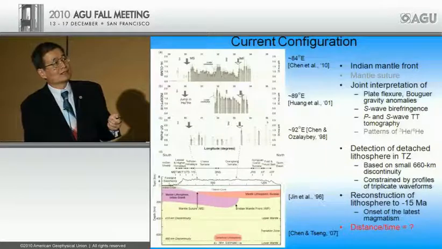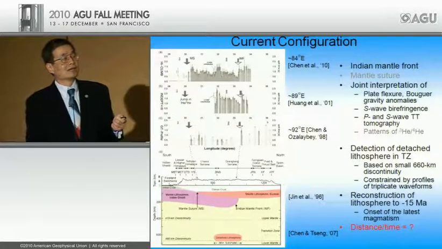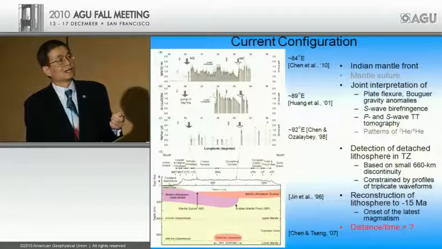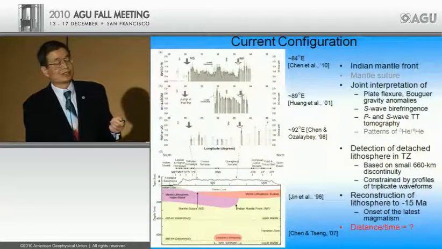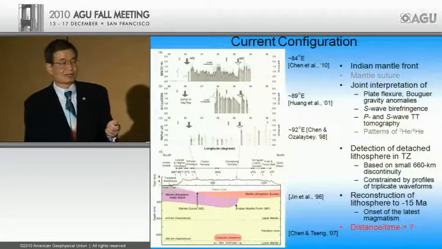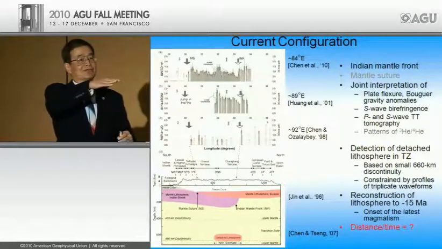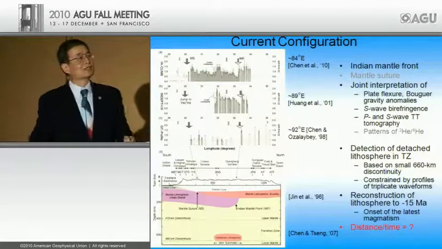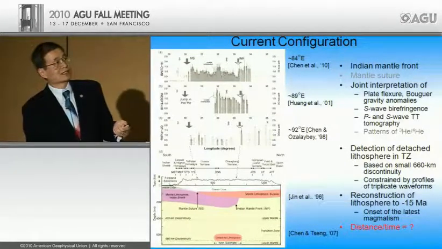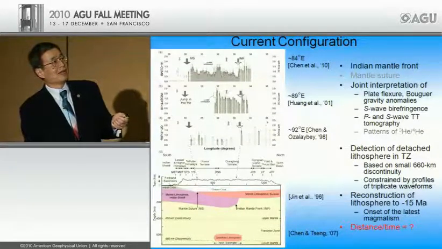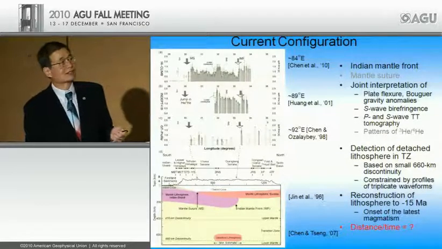There are other data. There is earlier work in the late 90s by the MIT group. They modeled the Bouguer anomaly and used plate flexure models. What's shown here are the shear wave birefringence. Here we're using a different type of shear wave. This is the so-called SKS phase. It comes through the core-mantle boundary almost vertically up underneath the stations. And we are just concerned about the magnitude of shear wave splitting. These are in split time in seconds.